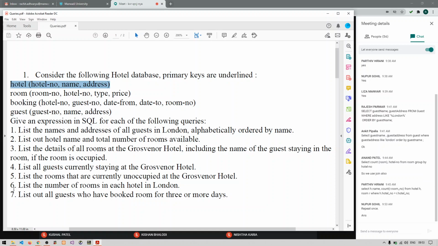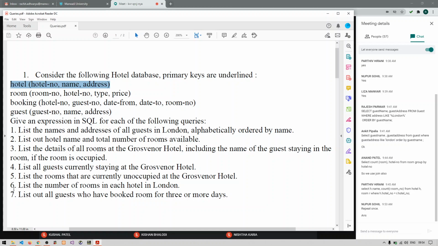it will be like: select r.room_number, r.type, r.price, b.date_from, b.date_to, g.name from hotel H, room R, booking B, guest G, where H.hotel_number equals R.hotel_number and R.room_number equals B.room_number and B.guest_number equals G.guest_number and H.name equals 'Grosvenor'.